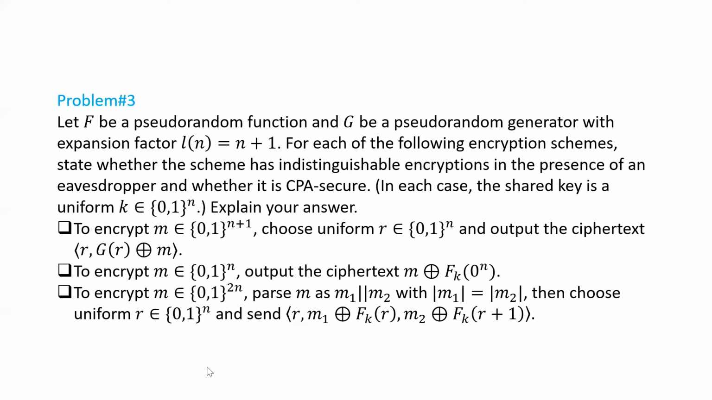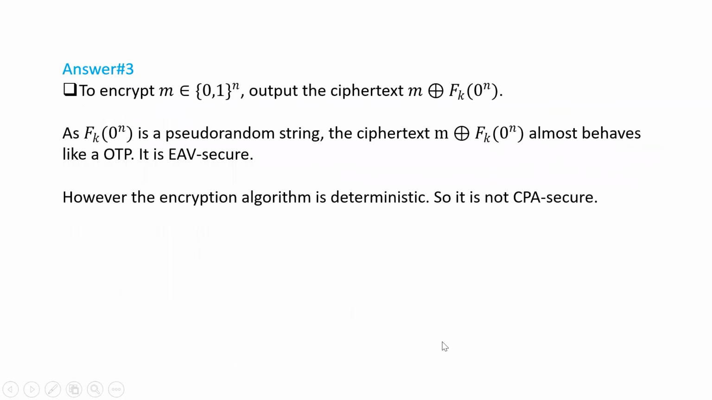Consider the next construction given. To encrypt M, which is an n-length bit string, output the ciphertext M XORed with f_k of 0 to the power n. Let's analyze the second one. See that f_k of 0 to the power n is a pseudorandom string because the key k is secret. So without the knowledge of key k, the value of f_k for input 0 to the power n cannot be guessed or distinguished from a uniformly random string of the same length. So the ciphertext M XORed with f_k of 0 to the power n almost behaves like